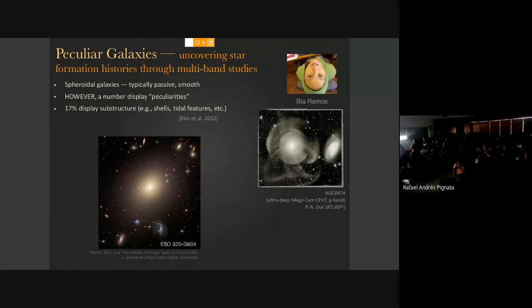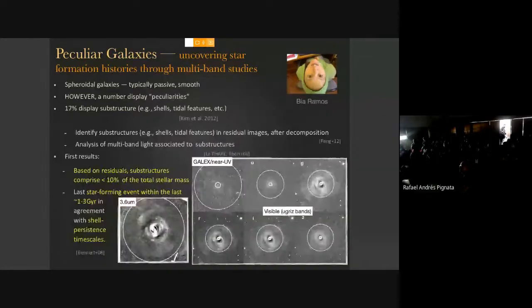We actually do know, we have known about this galaxy, for instance, NGC 0474. Already looking at SDSS, it was evident that there was a lot of things going on. This is not just an SDSS image, it's actually much deeper. But the point here is to call your attention to the different shells and tidal stuff that seems to be happening in these galaxies. So you look at this and you're saying, this is evidently not a boring system. A lot of interactions have happened in the past.